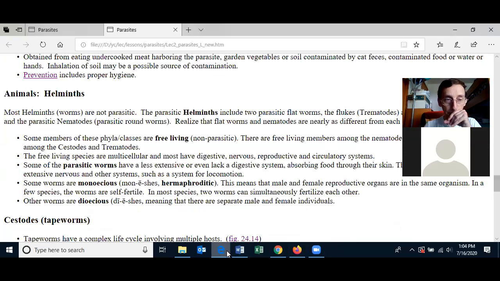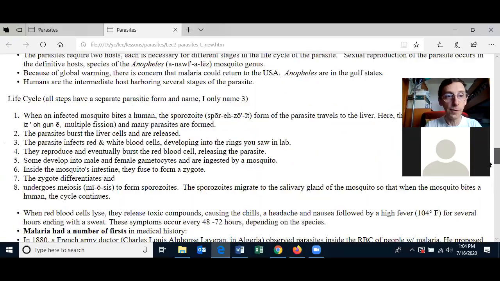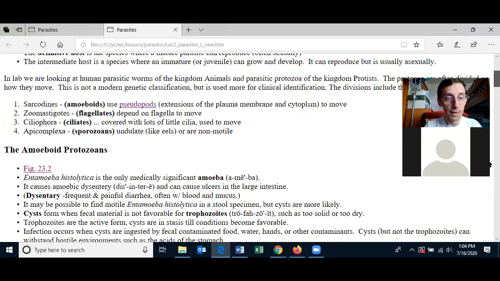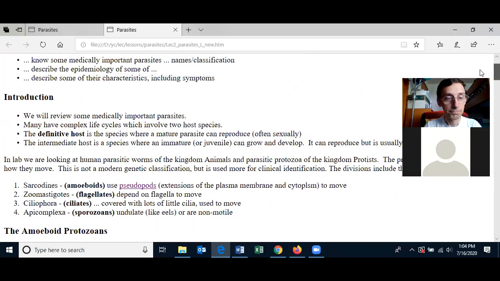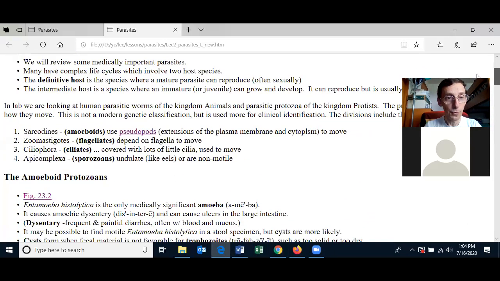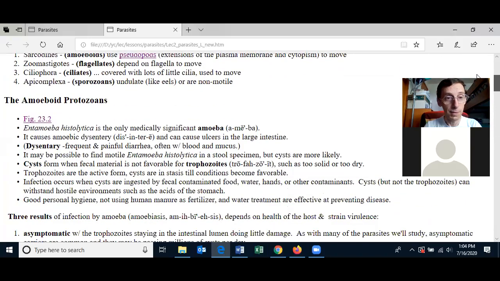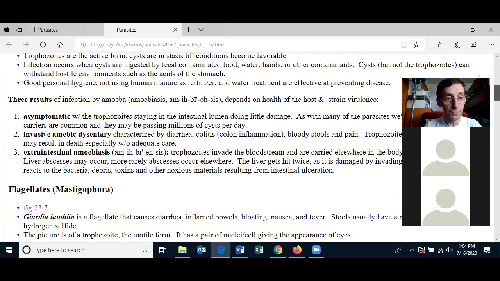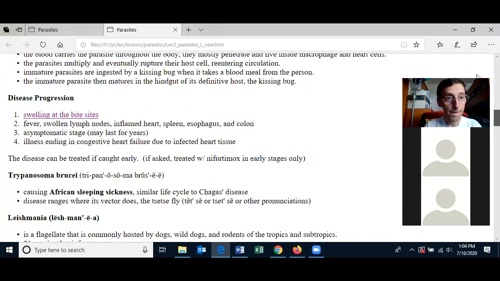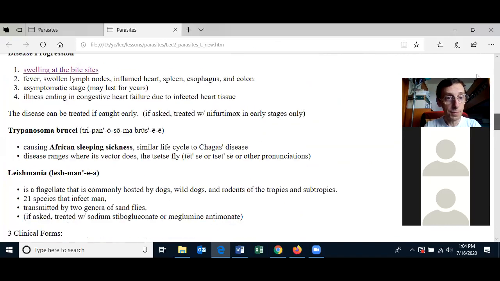Up here it is. All right, so we've now talked about the parasitic protozoans, all of the parasites that I want to cover in the kingdom Protus. And that included the amoeboid protozoans, and there's only one, Entamoeba histolytica, the flagellates, and there were a few, Giardia lamblia, Trypanosoma cruzi, Trypanosoma brucei, Leishmania,